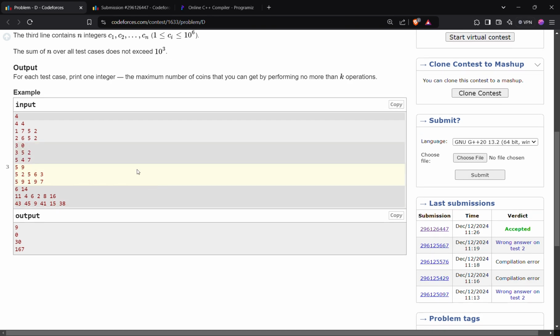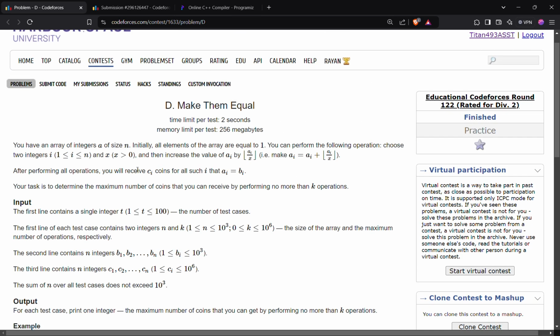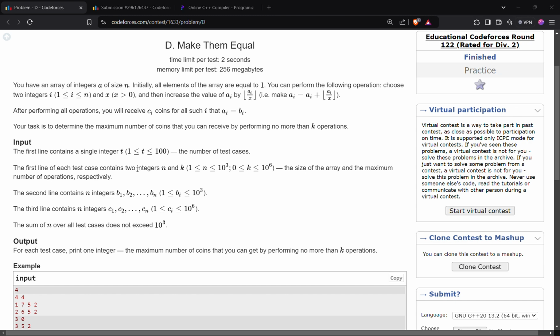So basically, the first intuition that comes to our mind is, let's try to find some pattern to make the given values in b. So